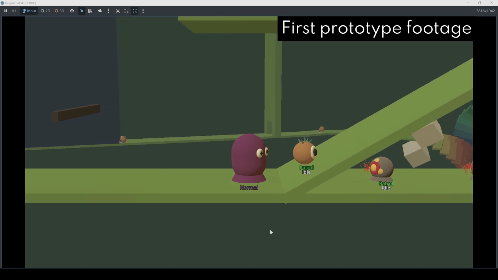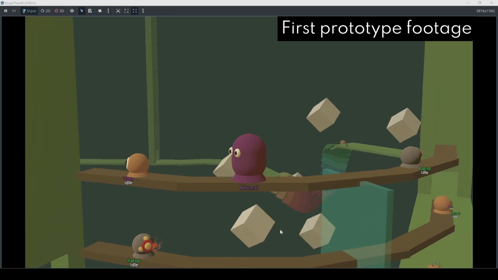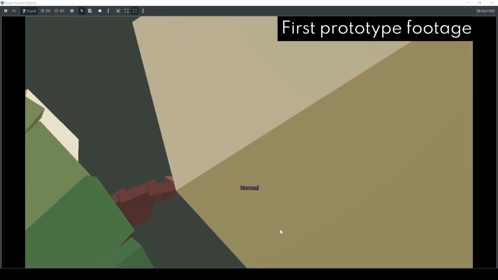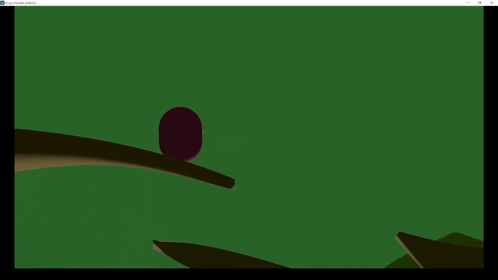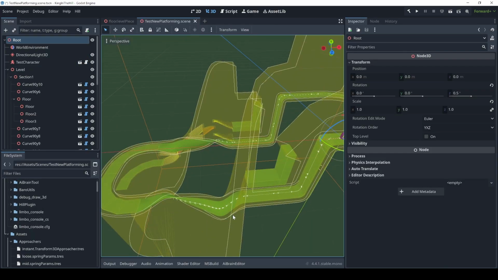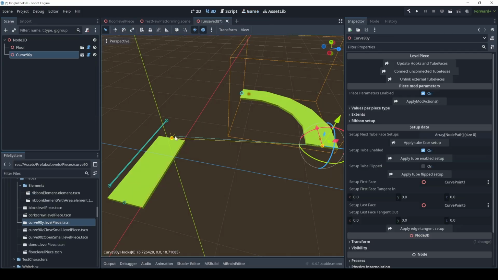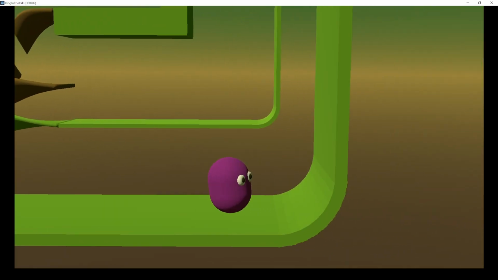Hi! So, in my first video, I've shown a prototype for a 2D in 3D platforming game featuring a warped movement space. This system had a lot of issues, so I've got to work and re-implemented a lot of new features, such as the snapping pieces system, the new level tube system, the ribbon white boxes, and the camera controller. We've already talked about the snapping system in my previous video, so let's jump into the next feature, the level